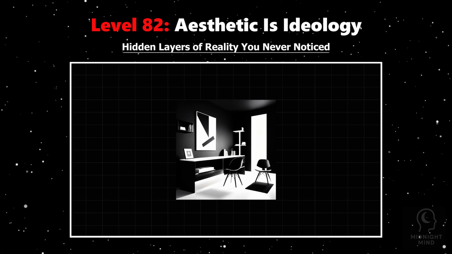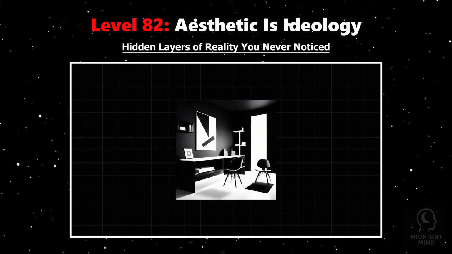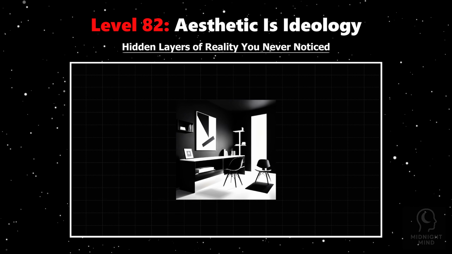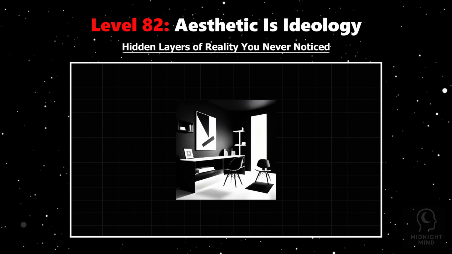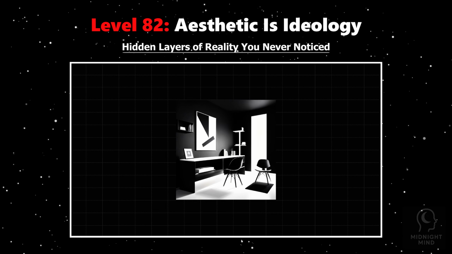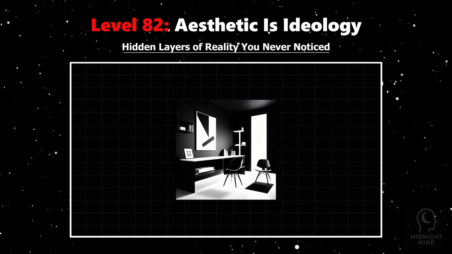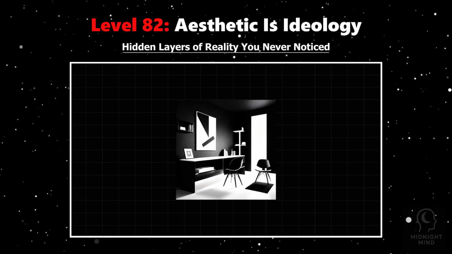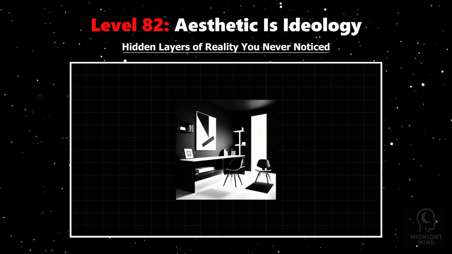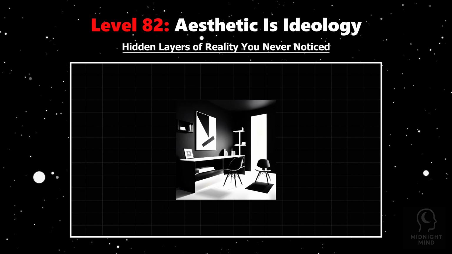When you choose a style, you unconsciously align with the ideologies it carries, whether it's consumerism, rebellion, tradition, or progress. This shaping happens so subtly, it often escapes awareness, making your personal aesthetic a mirror of broader social forces. Understanding that aesthetics are ideological lets you question and reclaim your tastes. It invites you to see style not just as self-expression, but as a complex negotiation with cultural narratives.